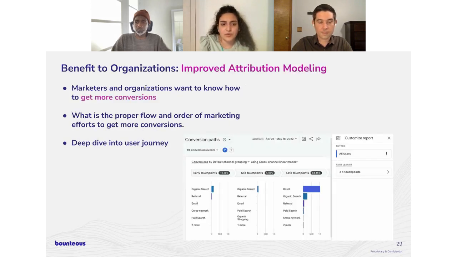Hitting back on the improved attribution modeling, I know when I was back in college, my digital marketing course did hone in more on the marketing than the analytics. So I think that's why I wanted to hit on this a little bit more. But it's a great way to understand how to get more conversions or how to get that conversion path shorter to get conversions faster, which is a great way to hit on how it's integrated with Google Ads,